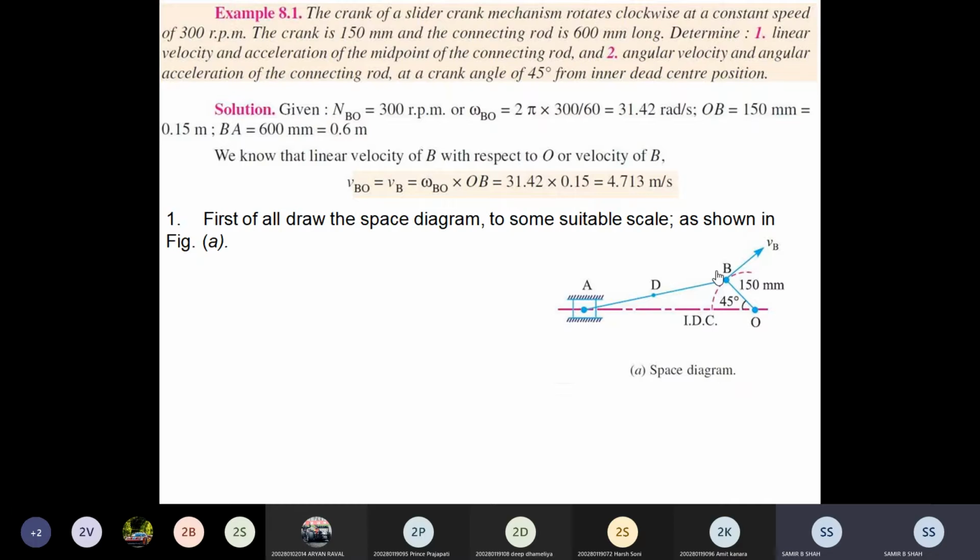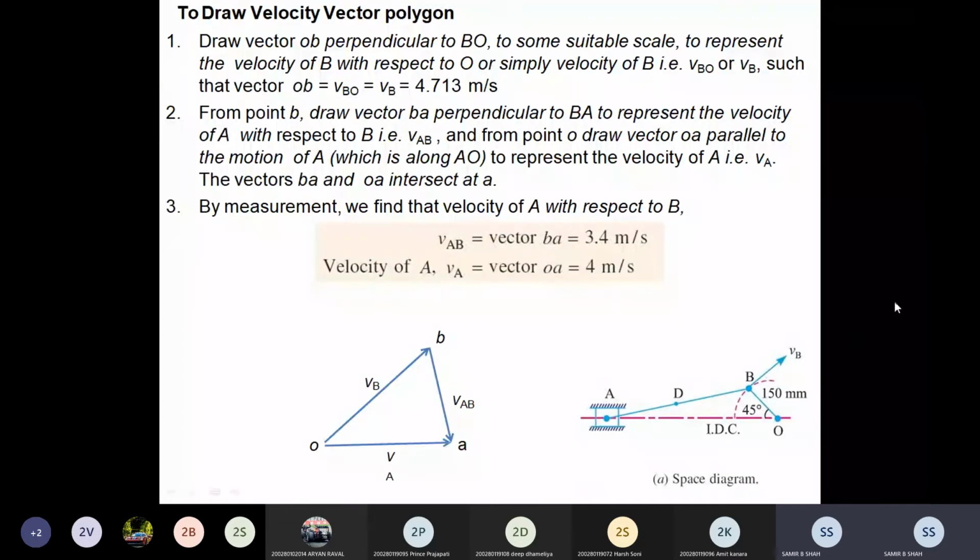So you try to convert in meter. Okay, so based on that, we complete the velocity diagram here. You know that, as I discussed earlier, this is an imaginary line. Initially, we draw that line. We take a random point O. After that, there is one OB line. So we draw the perpendicular line with the help of the roller scale, and we just scroll it here. So we accommodate it here.